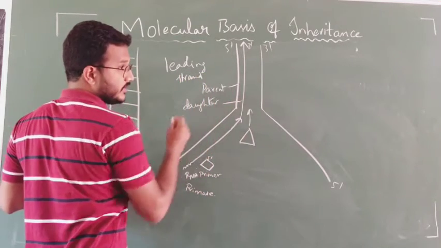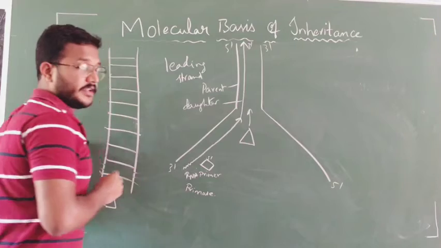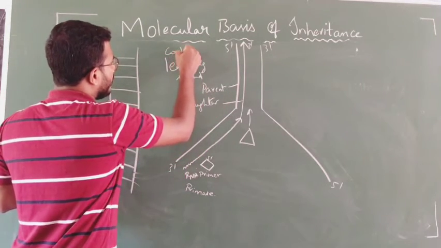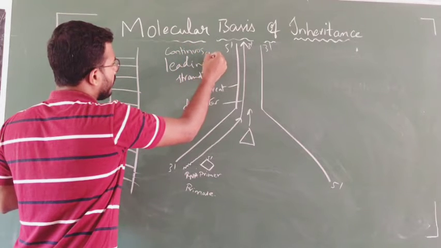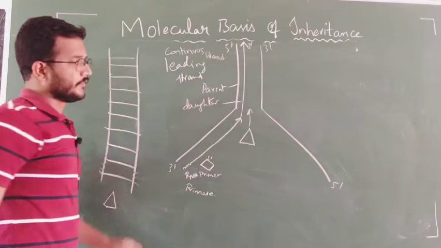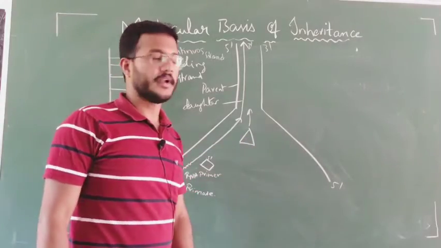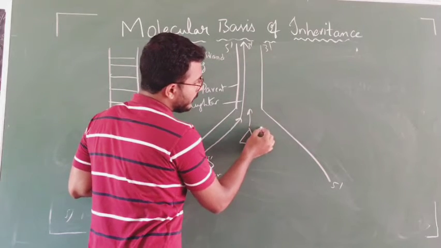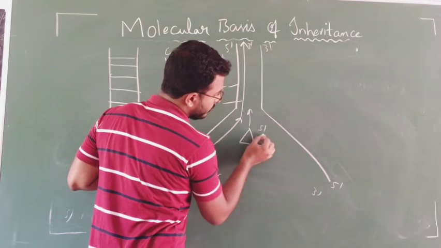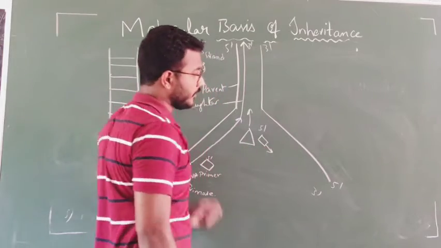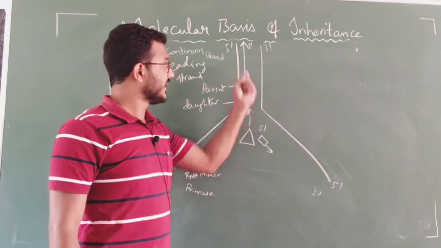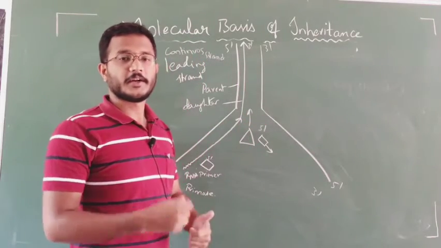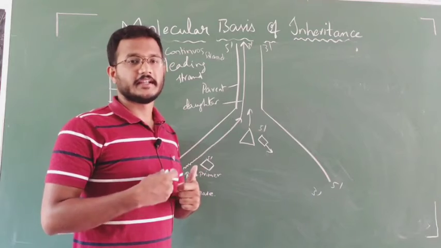Here the DNA is synthesized continuously, with no breaking. So this is also known as the continuous strand. Now come to this strand. Here what will happen? The DNA polymerase again acts from 5 prime to 3 prime. But here the helicase direction is opposite. So that's why the new strand is formed in a breakage or discontinuous manner.